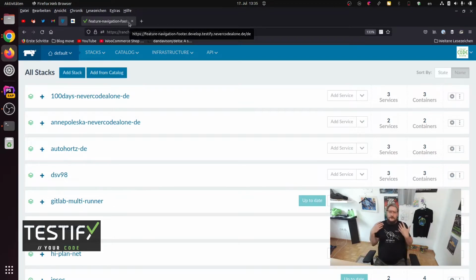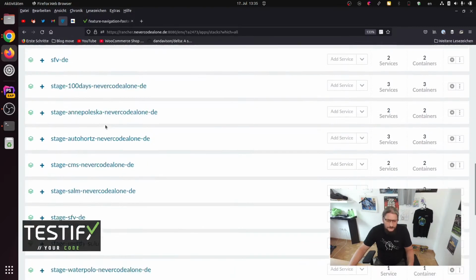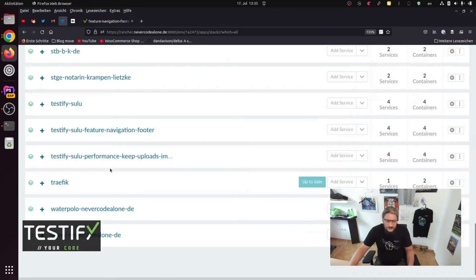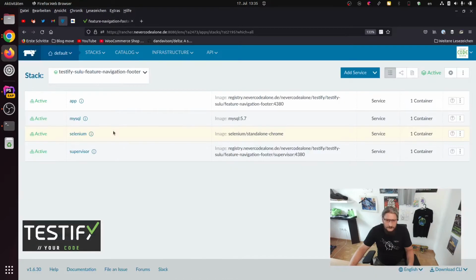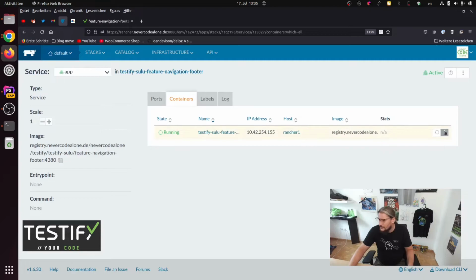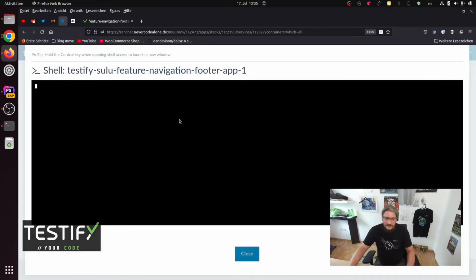This is a full Docker environment with all data from the live setup copied to here, and you can also check the migrations and everything you want here on this feature. So we have this Testify Sulu feature navigation footer, and here I have my app container, and I can connect to this container